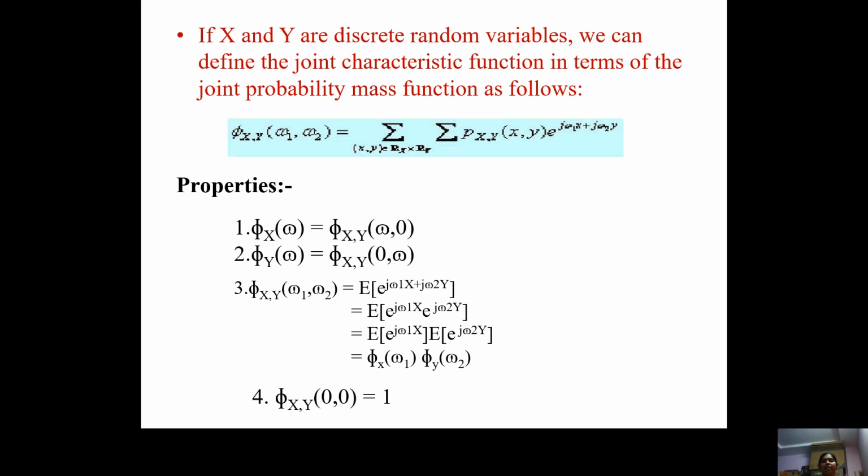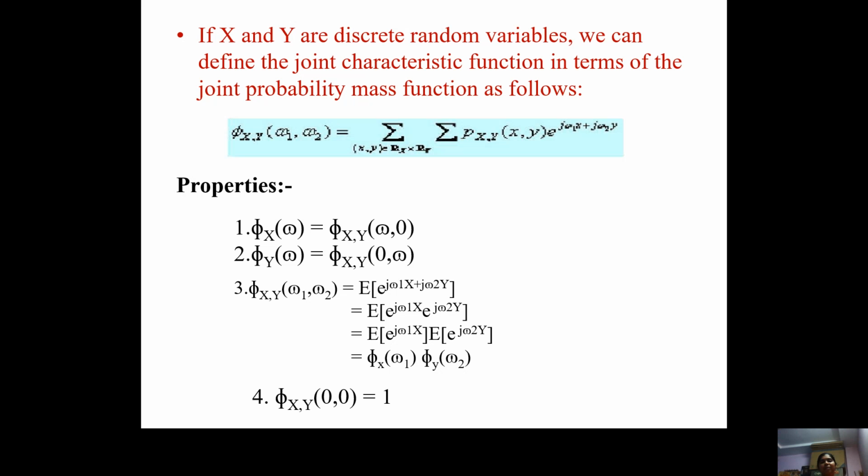So now if they are discrete values, phi xy of omega 1, omega 2 equals the sum over x, y, which is always a subset of Rx and Ry, of p xy of x, y times e power j(omega 1 x plus omega 2 y). And coming to the properties of the characteristic function, phi x of omega equals phi xy of